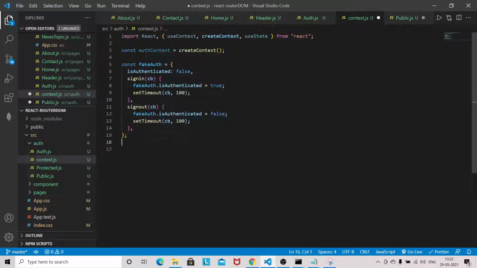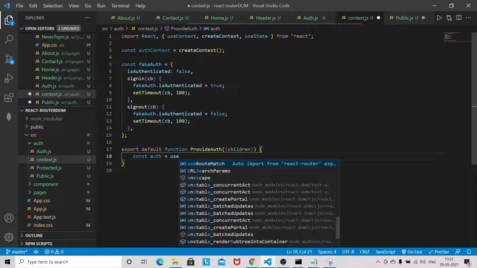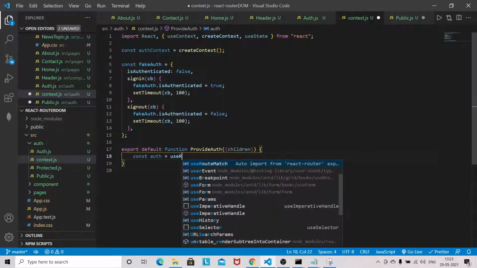Now we export default function ProvideAuth. It will accept children. Now const auth is equal to useProvideAuth, which we are going to create now.